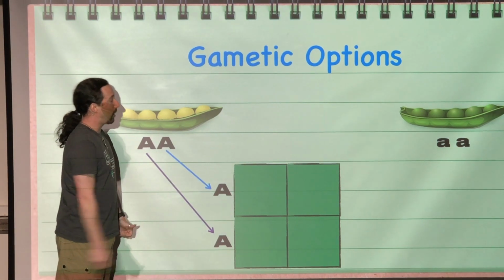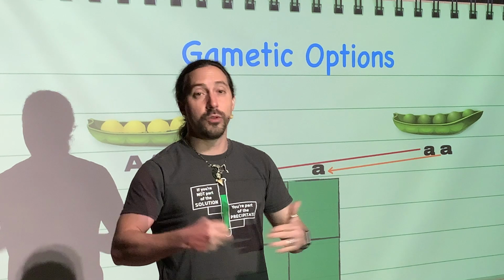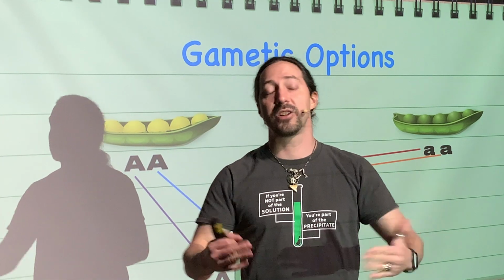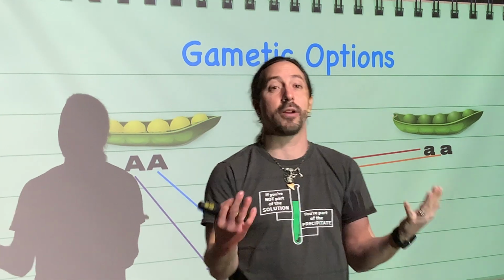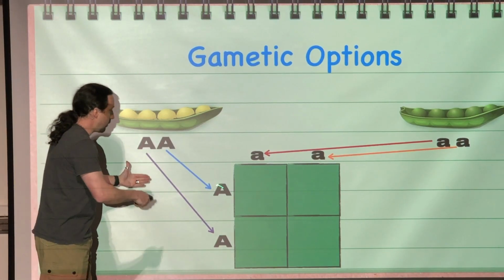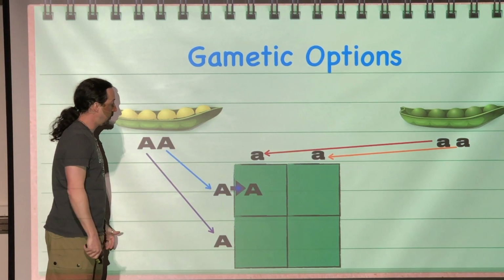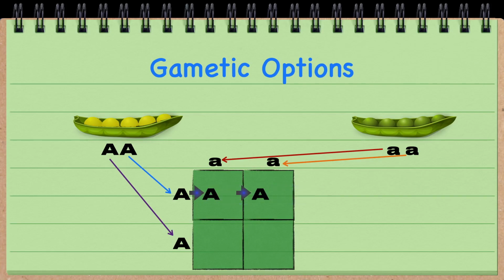And likewise, our other parent can either pass on this first allele, or it can pass on the second. Those are the only options that these parents can pass on because those are the only alleles that these parents have for each of these genes. Now, we can just figure out our combinations. We can just bring our alleles across from the side, and we'll drop our alleles down from the top